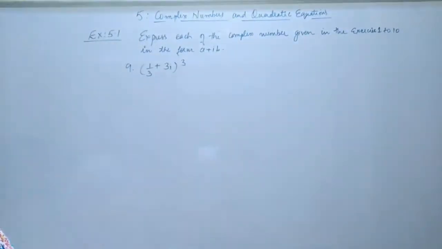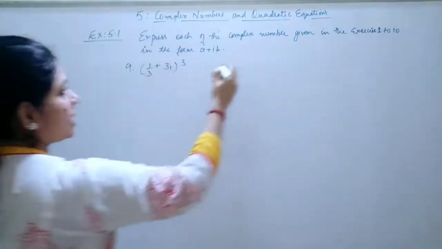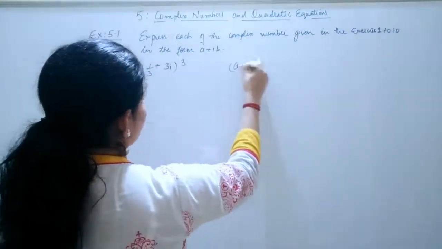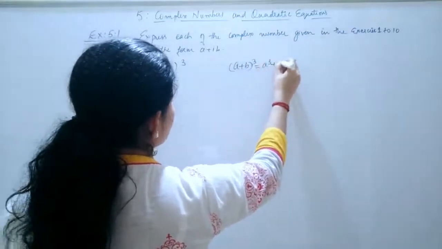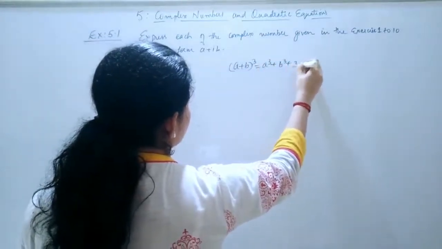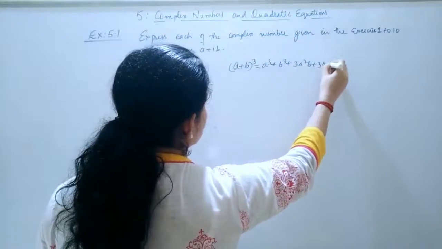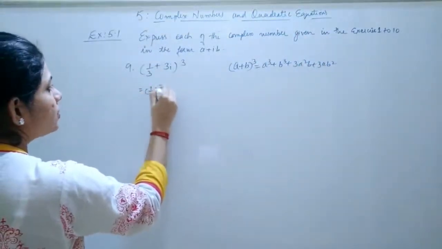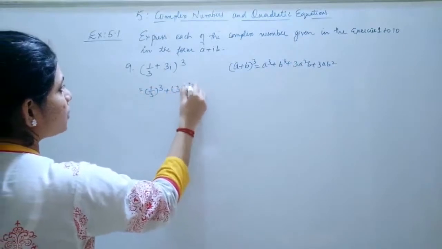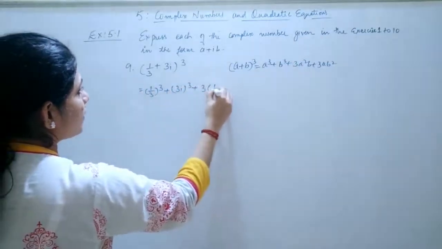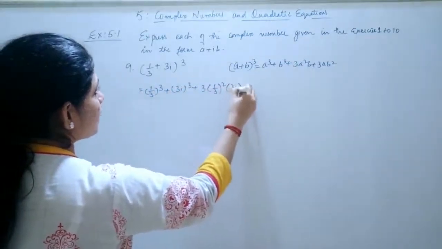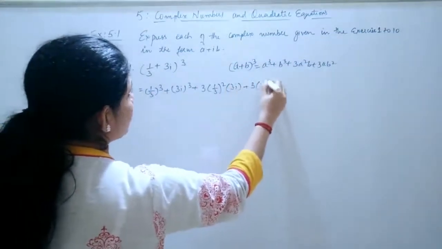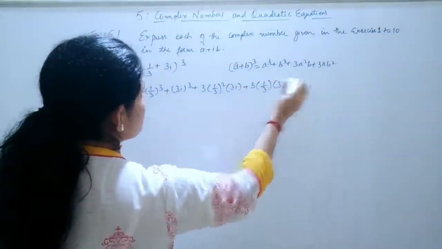Ninth question is (1/3 + 3i) the whole cube. Here you can use the expansion of (a + b) the whole cube, which is a cube plus b cube plus 3a square b plus 3ab square. So here what you will get: (1/3) the whole cube plus (3i) the whole cube plus 3 into (1/3) the whole square into 3i plus 3 into 1/3 into (3i) the whole square,